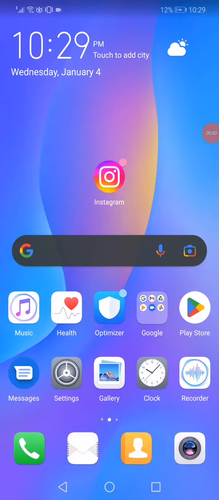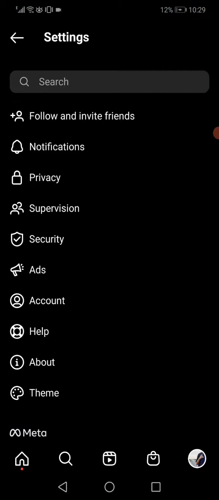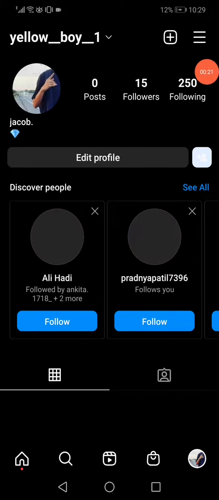In this short tutorial, I'm going to show you 3 ways to fix the "Instagram will restrict certain activity" problem. All you want to do to fix this problem is so easy. There are actually 3 ways, as I said. The first way is you have to open your Instagram and then go to your profile, open the settings here,